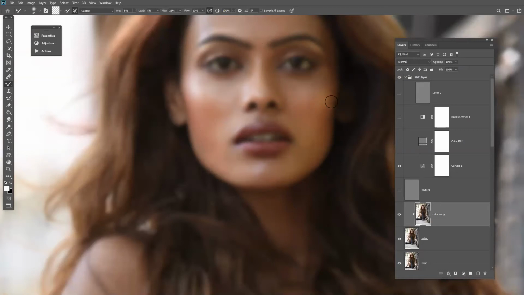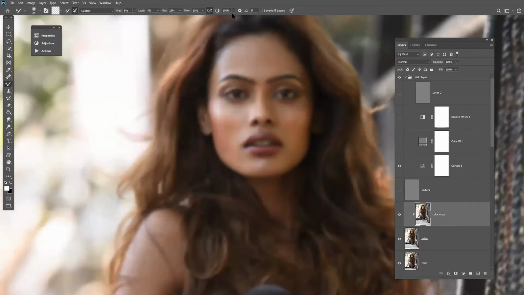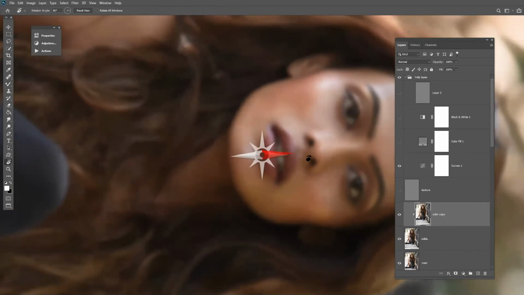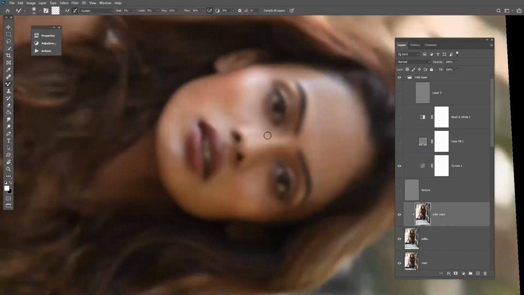Now here was the area where there was a little shadow, little highlight, and a line in between. Now what we can do, we can just slightly merge it. Don't increase the jitter too much. You can always use the rotate tool so you are comfortable with your hand to work on. We are merging the odd colors right now.